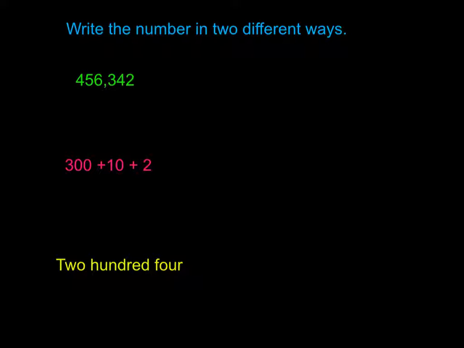Now we are going to write a number in two different ways. So our first number that we have here is 456,342. And as you can see, it is already written in standard form. So we need to write this number in another form. So we're going to start off by writing it in expanded form. We're going to take our place value, and we're going to start with the digit all the way over to the left. So we're going to start with the 4, and I'm going to write down basically just the value. So I have 400,000